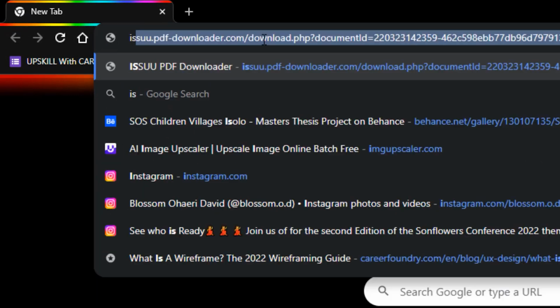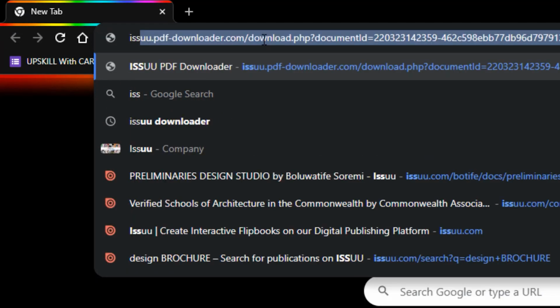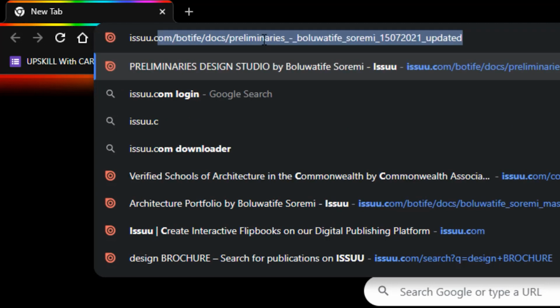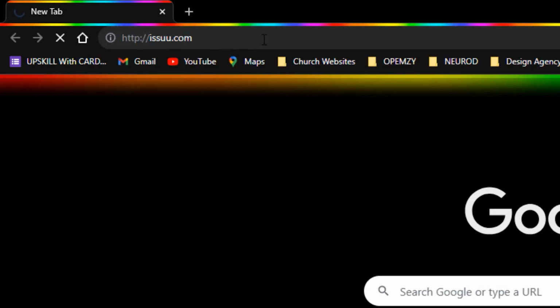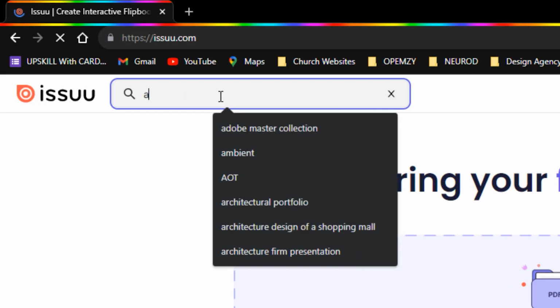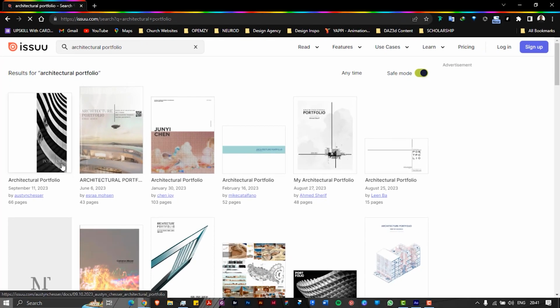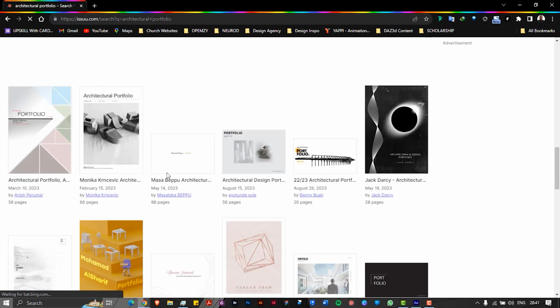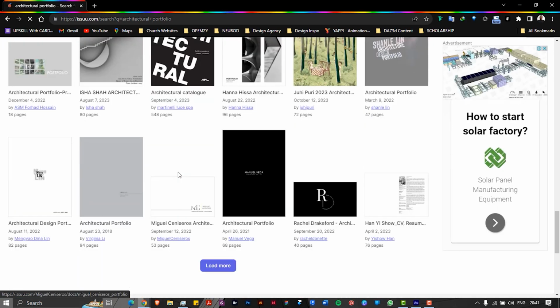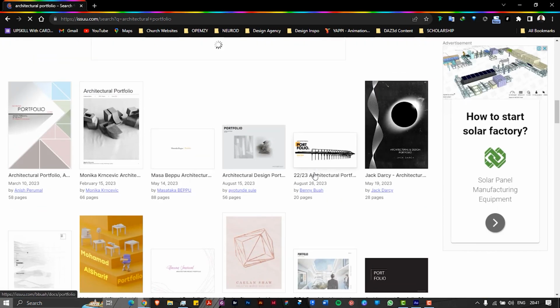Go to issuu.com. Here you can search architectural portfolio, and you will be bombarded with several samples of architectural portfolios to choose. Actually, people upload their portfolios to this kind of websites. You will actually see a lot of architectural portfolios, a whole lot, for which you can browse through, especially student